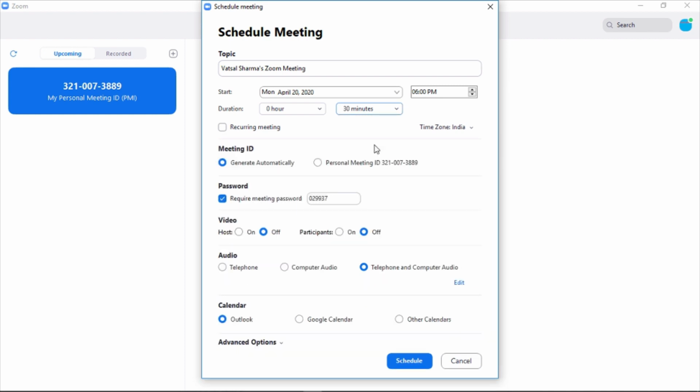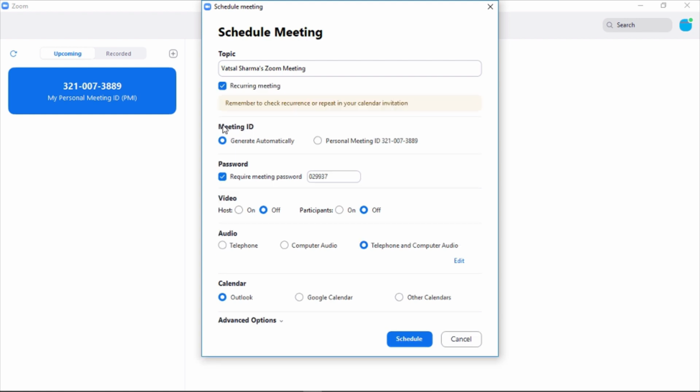So if you want to be a paid user, then you have to pay. Recurring meeting you can do, that means if one meeting has been ended, then another time when the host starts the meeting, it would be started again. So meeting ID, you can just click on generate automatically or your personal meeting ID.